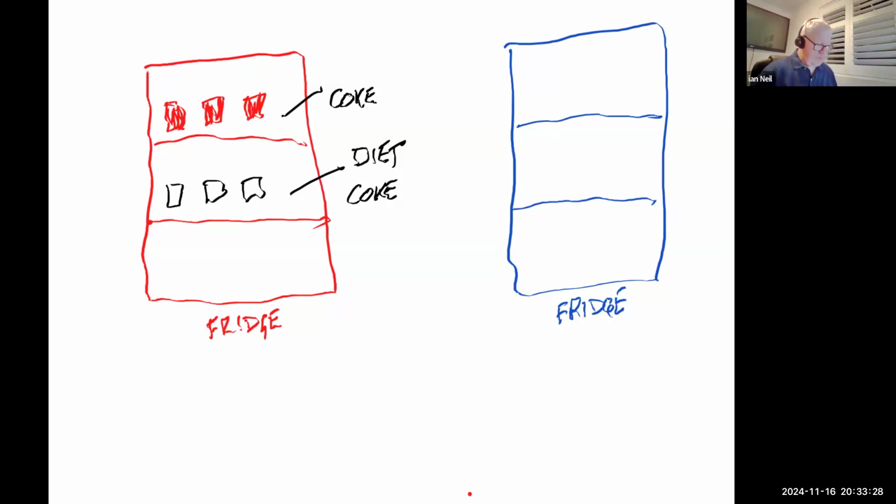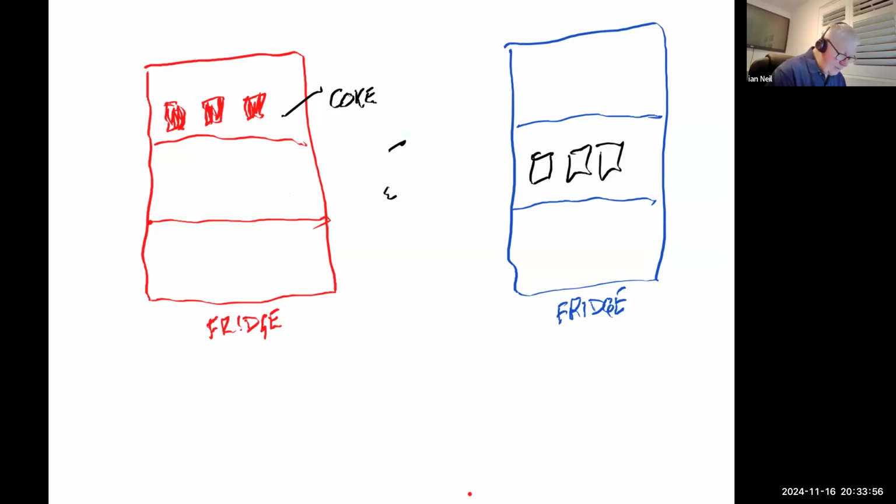Now, this is really complex. I open the door, I pick up all the Diet Coke, put them in a tray. I take the Diet Coke, whoops, they've changed. They can't change. I've got the wrong color. Here we go. So we put the Diet Coke onto here. And look what's happened here. I've now got regular Coke in one fridge and Diet Coke in the other fridge. Does everybody understand what I've done so far?